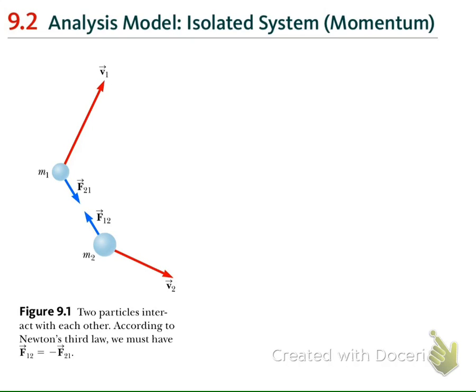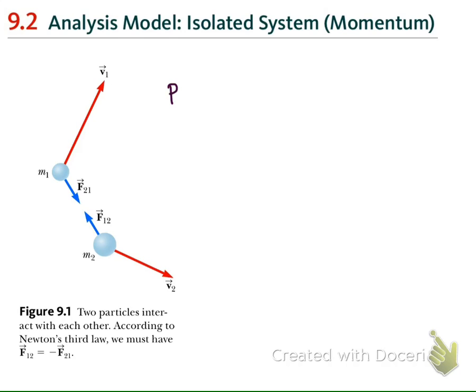Now, let's go to the system with two or more particles. First, consider the system consists of two particles with mass m1 and m2 as in this figure. If the particle number 1 moves with the velocity v1 and the particle number 2 moves with the velocity v2, we define the total momentum of the system